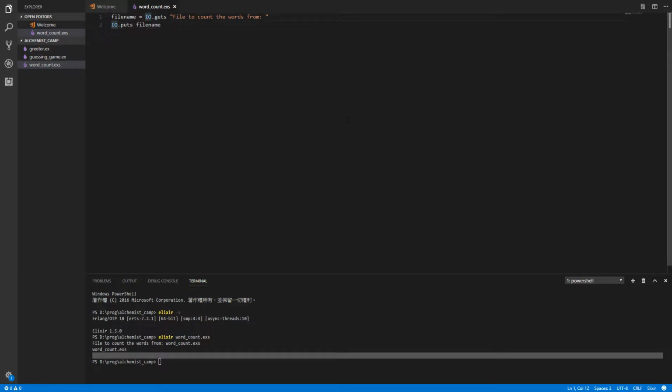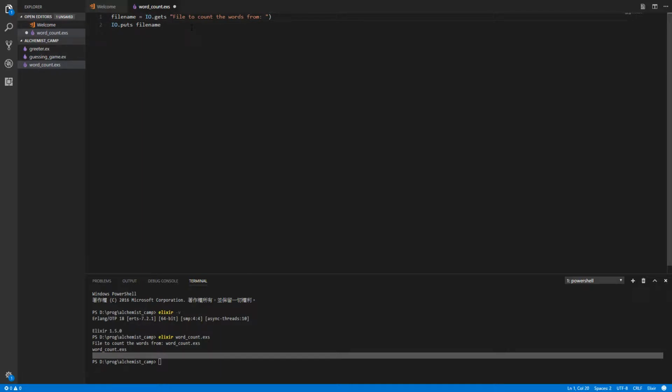Now this is a little bit ugly, to type String.trim and then have parentheses around the whole thing like that. There's another syntax we can use that works with any Elixir function. It is called the pipeline syntax. The way it works is you take the first argument out of the function,